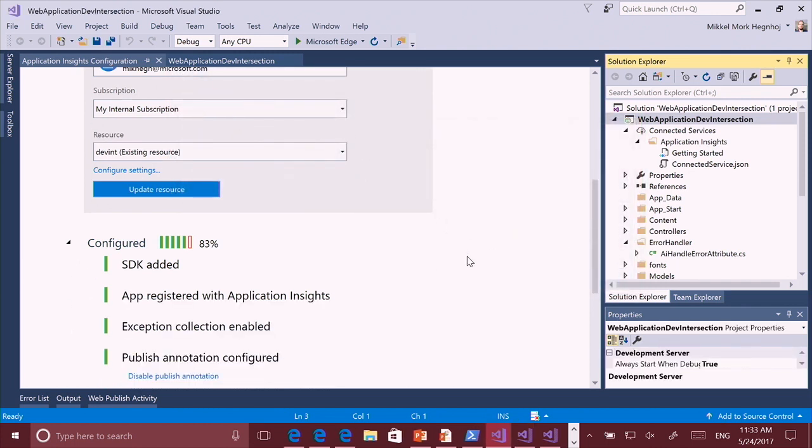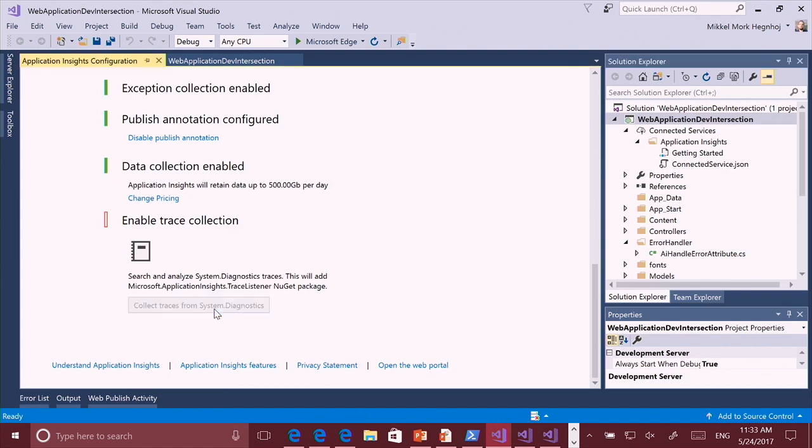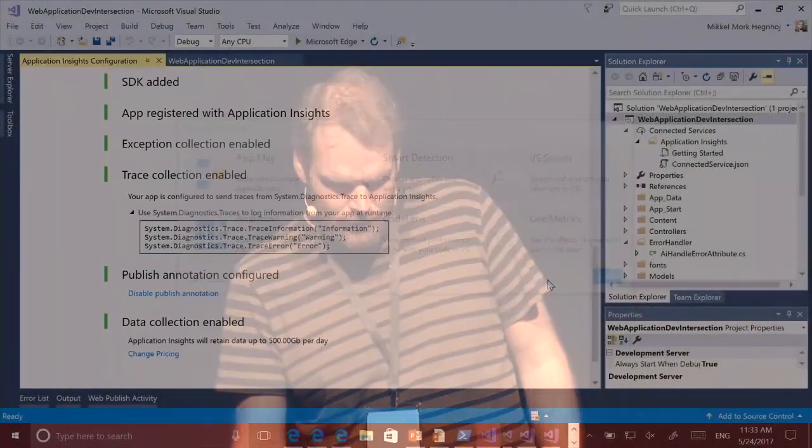And this is pretty funny, it gives me 83% of App Insights. I don't know why it's 83 and not 82. But to get the last 17%, I need to click another button. This is fairly trivial, so let's click that button, and then we're actually at 100%. What we just did is we enabled the web application and Application Insights to pick up if I were to write traces in my code